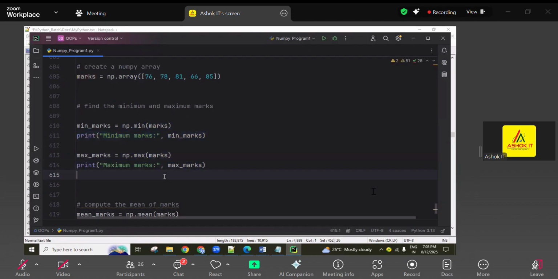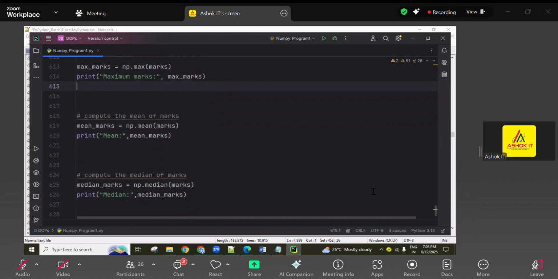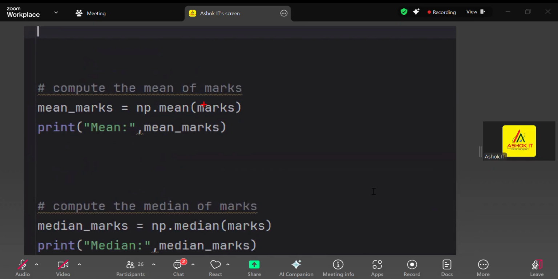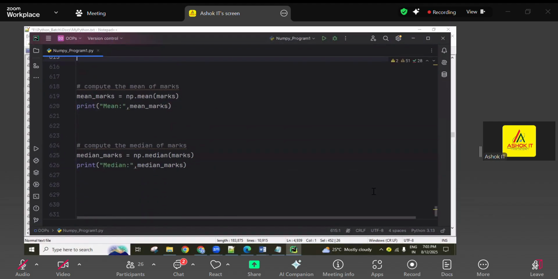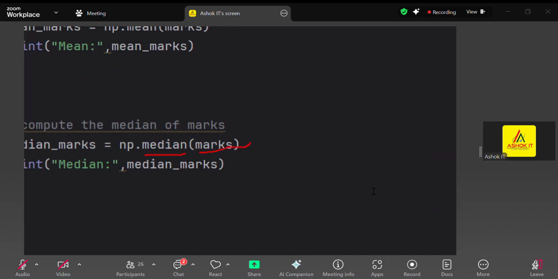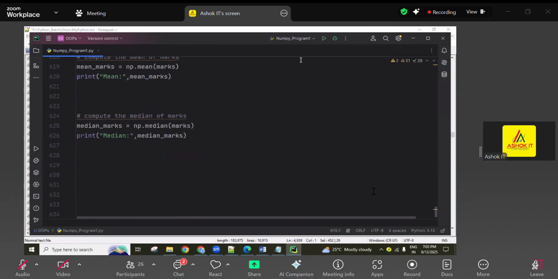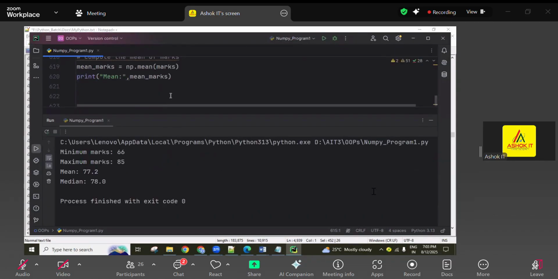Next, the mean method is there, guys. It computes the mean of the marks. And median is there, median of marks. So now check it here: minimum marks 66, maximum marks 85, mean value